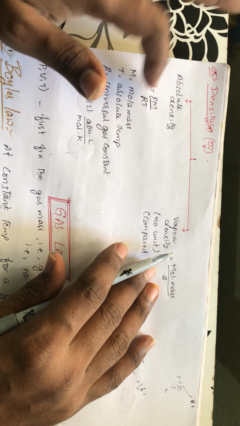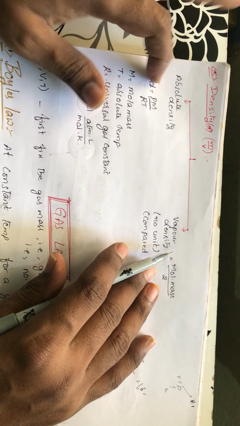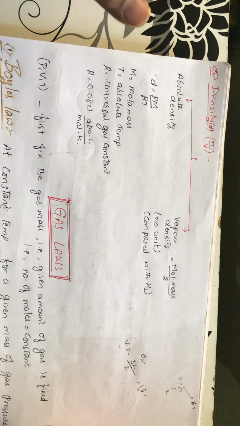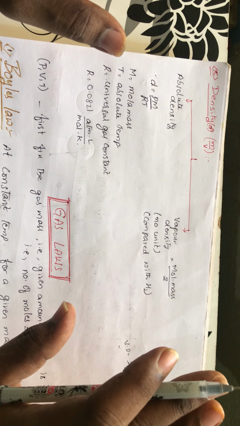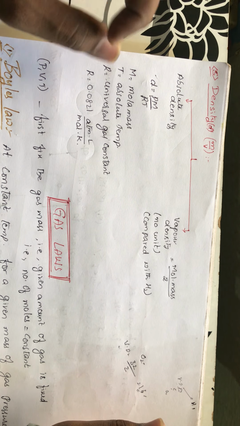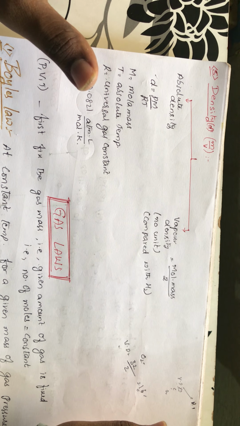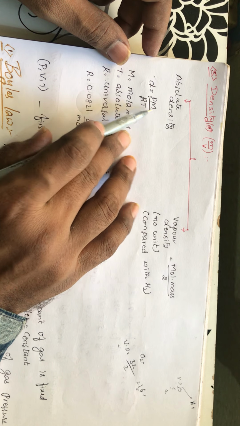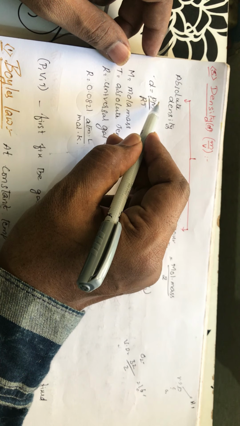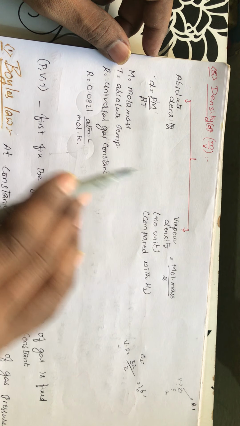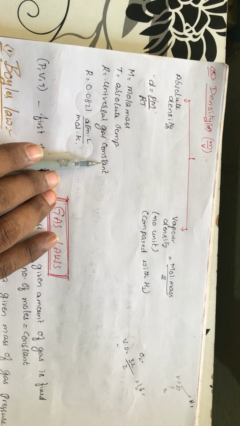And one more is absolute density. You are not comparing the density of the molecule with any other compound; you are calculating it individually, without comparing with any other element or molecule. That type of density is called absolute density. Absolute density is given by the formula PM by RT, and we will derive how we got this. P is the pressure of the gas, M is the molar mass of the gas, T is the absolute temperature, R is the universal gas constant.